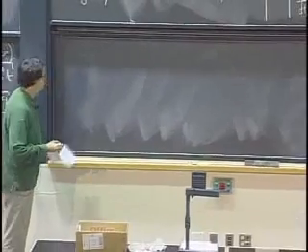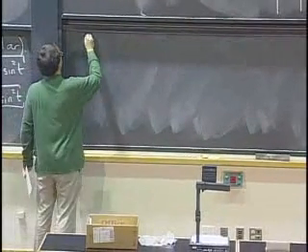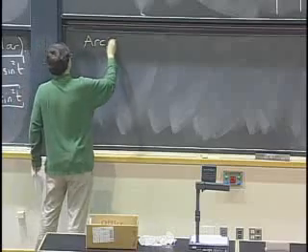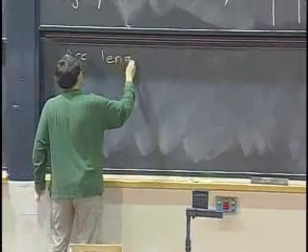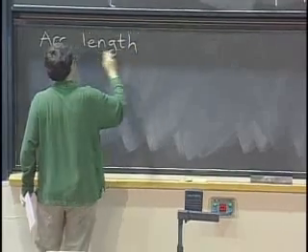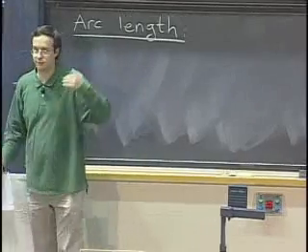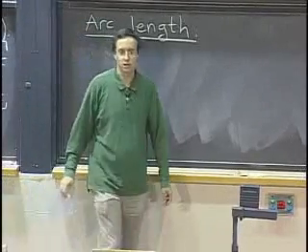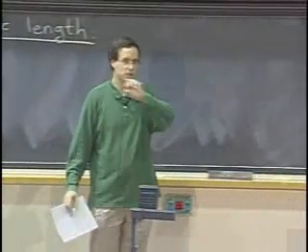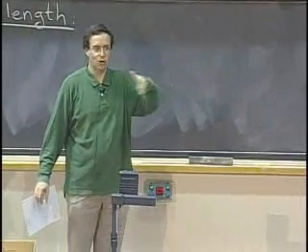So let's continue our exploration. The next concept that I want to define is that of arc length. Arc length is just the distance that you have traveled along the curve. Okay? So if you're in a car, it has this mileage counter that tells you how far you've gone, how